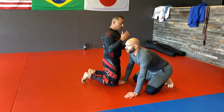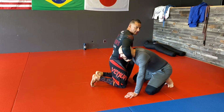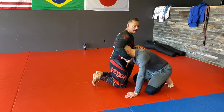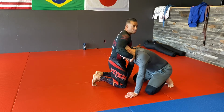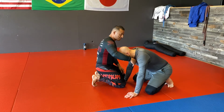Now the second thing, my arm when it's coming back around, I want to get as far deep as I can. There's different guillotines. Some people like to grab the chin and do the guillotine that way. I don't like doing that. Yes, you have control of the guy, but if you can see, when I get his chin here, my elbow flares out to keep control of that chin, and I don't really have a choke. The strangle, I have more of a choke where I'm putting that pressure on like his esophagus